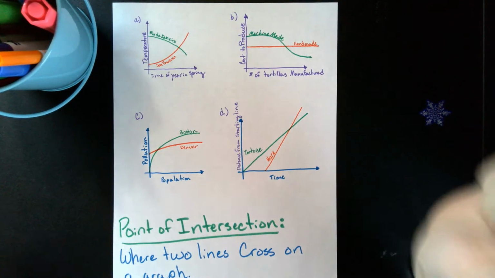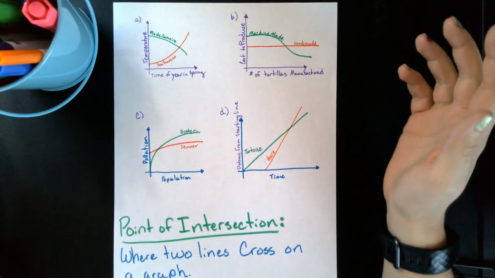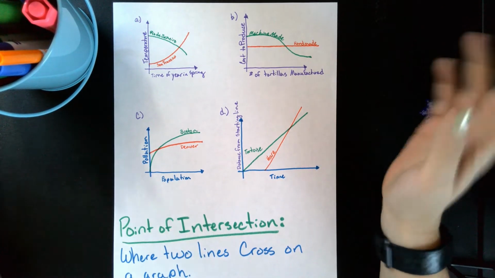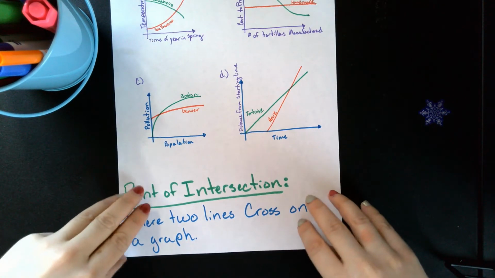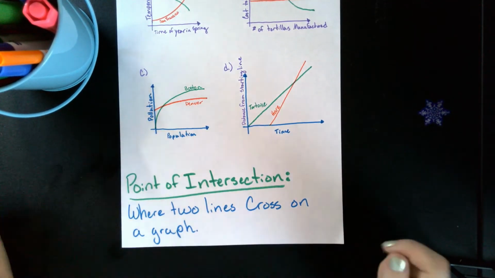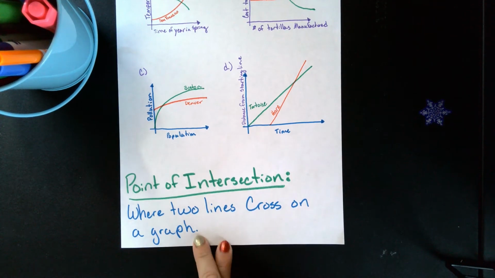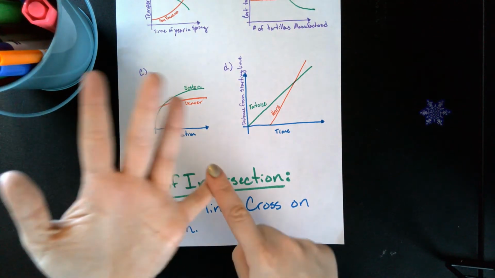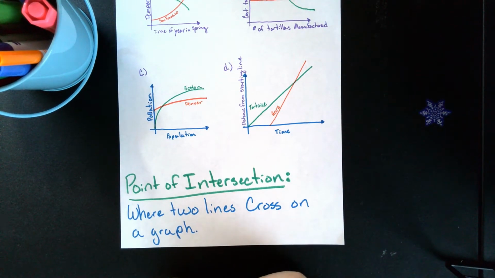Okay, today in the lesson, the point of the lesson was to get you introduced to the idea of something called point of intersection, which is a pretty self-explanatory concept. It's literally the point where two lines intersect. So, where two lines cross on a graph. Ms. Schmidt is going to teach you in the next couple lessons how to recognize the point of intersection in a table and also in equations. But today, I'm teaching you point of intersection via graphs, which I think is the easiest one to look at.